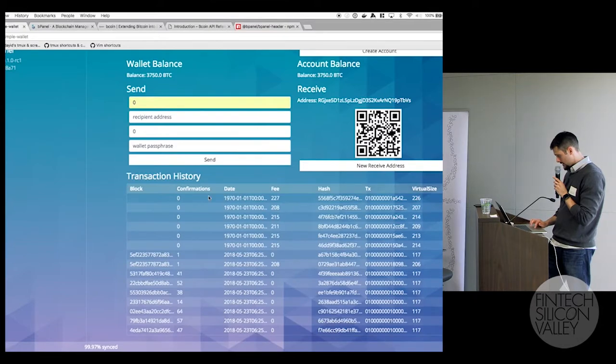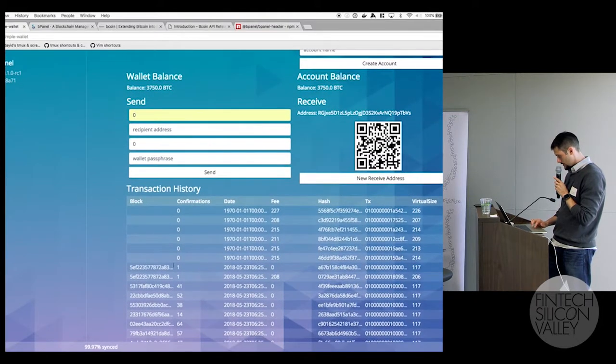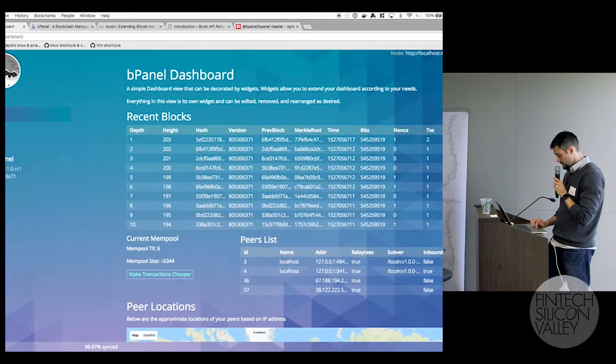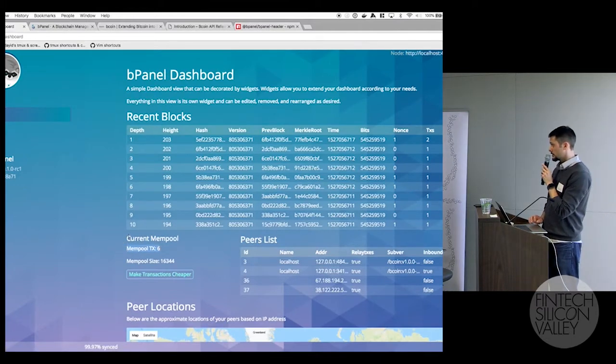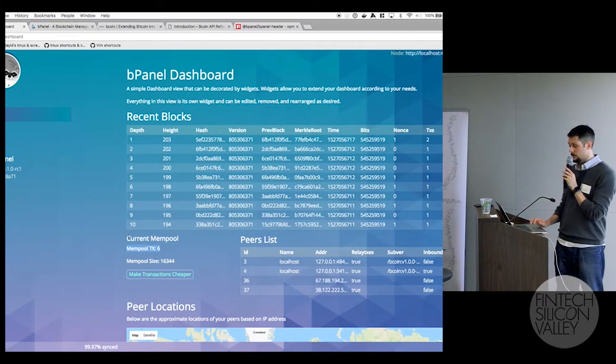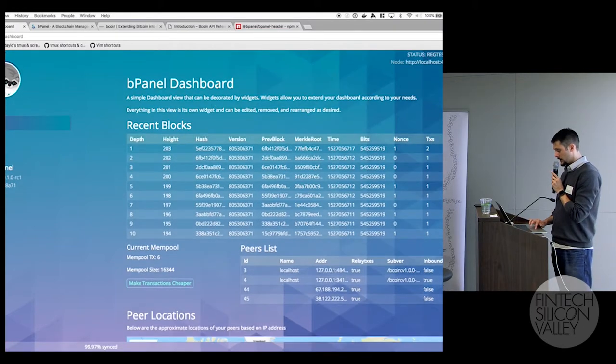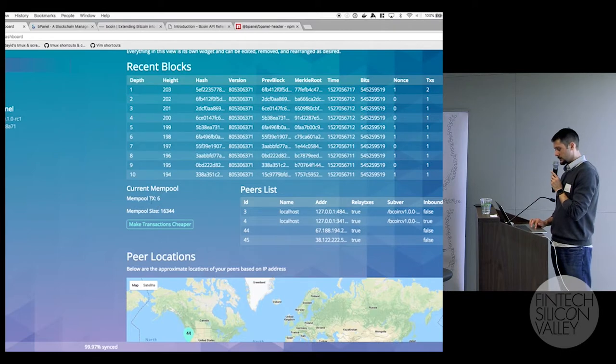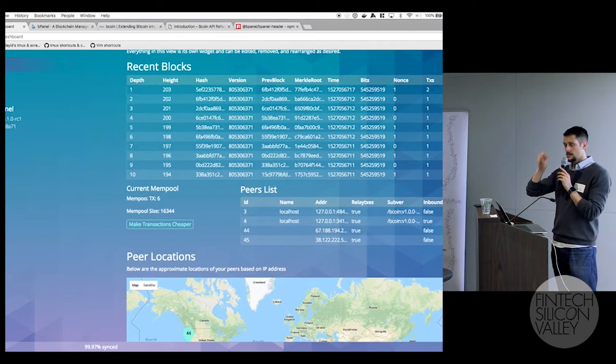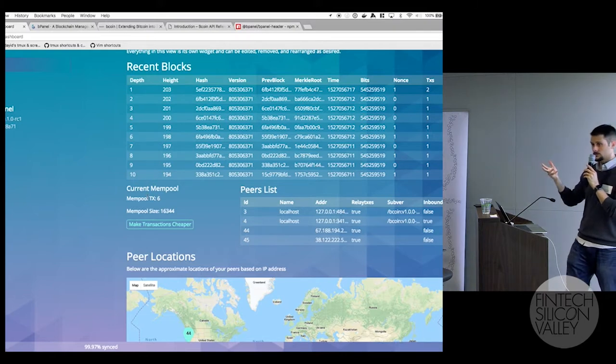You can see also here's the transaction history, and then the mempool increase. Now what's cool is because this is using Redux and React, these are all different plugins. You have one plugin that's a wallet plugin. This dashboard is its own plugin that has these widgets. So recent blocks is its own plugin, mempool is its own plugin widget, and it's all interacting using Redux to get this information. So when the state of the app changes, other plugins can also update their state and reflect the actual state of the app,